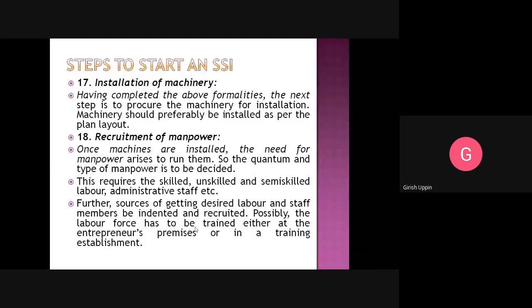And if there is a requirement for any kind of training, the recruited staff should be given training either at the plant, in plant, or there can be a training that can be set up at some other site.